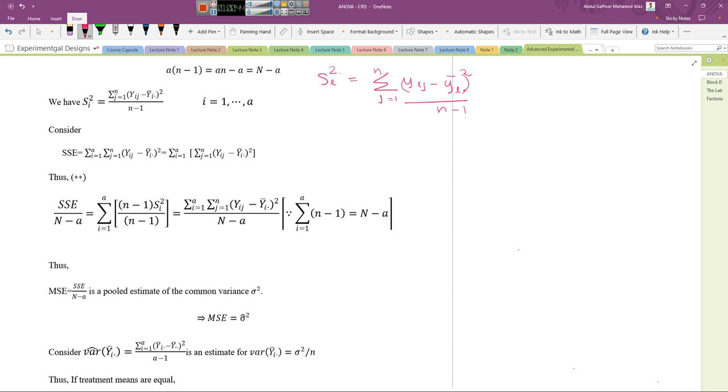Okay, right. So now this is what we have to obtain, but using the original or parent equation for S_i squared, right? So now S_i squared is equal to, as we already know, that is